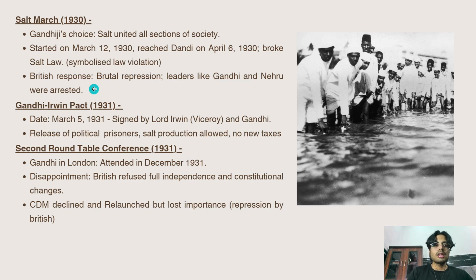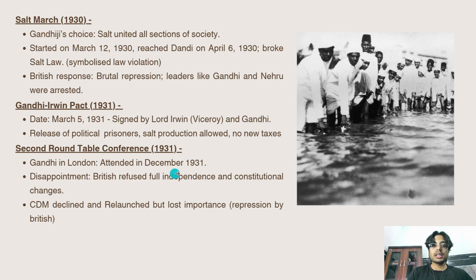Now, the Gandhi-Irwin Pact took place on 5th March 1931, which was signed by Lord Irwin, who was the Viceroy of India, and Gandhiji. Gandhiji demanded a few things which were accepted by Irwin at that time, such as release of political prisoners, salt production should be allowed, and no new taxes should be introduced. So these demands were agreed,